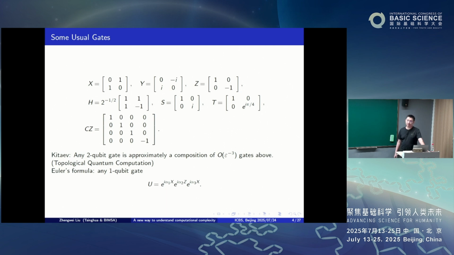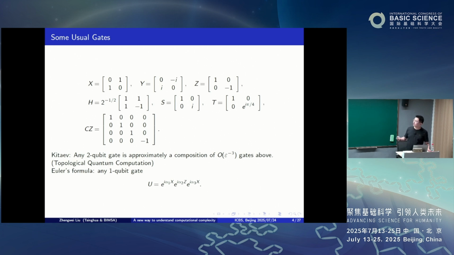Well, there are some useful gates, like for a single qubit. Essentially a single-qubit gate is a unitary gate, SU(2), and we can decompose that as rotations in different directions. Like SU(2) is a double cover of SO(3). You can rotate in the X direction, Z direction, or Y direction. And there's Euler's formula saying that you can decompose the unitary as a single phase transformation in different directions, as a multiplication of three of them. This is a usual gate, and this gate has very high fidelity in current technologies, like 99.99% when we run this single-qubit phase gate.